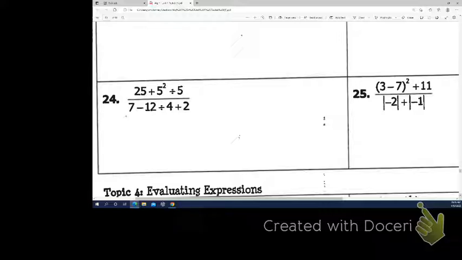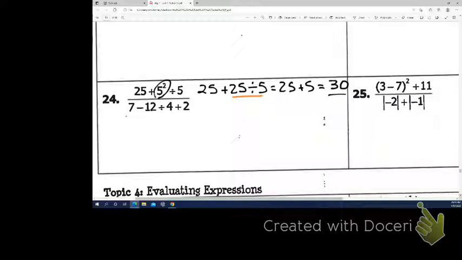So on the top, we'll do that exponent first. So 5 squared, we've got another 25. And then, of course, next after that, we would want to do the division before we do the addition. So don't be tempted to go just left to right. Addition's going to wait. So that part then becomes 25 plus 5, and then 25 plus 5 is 30. So the top of the fraction is 30,